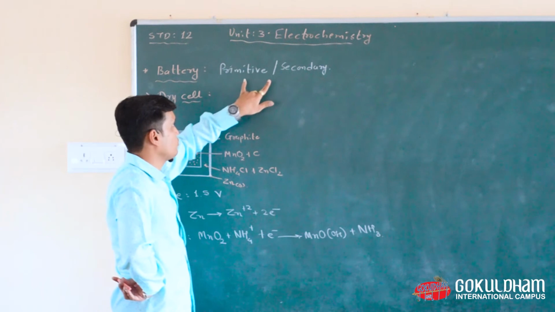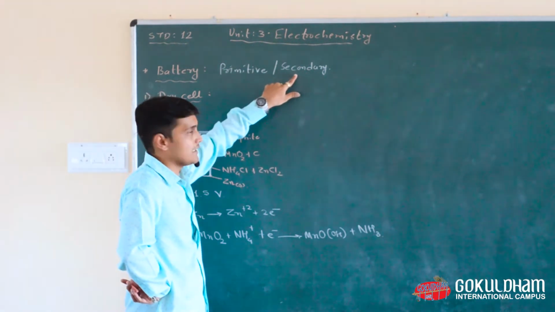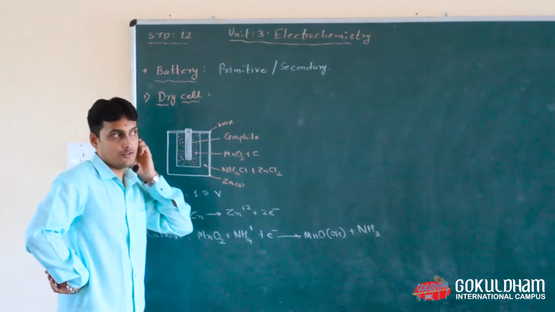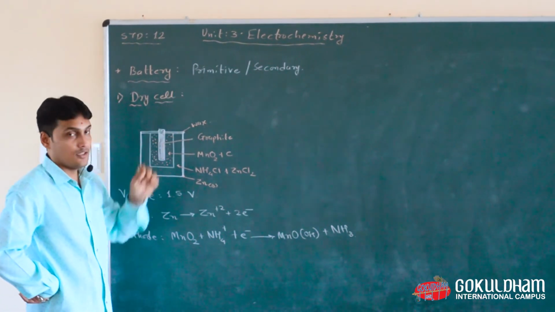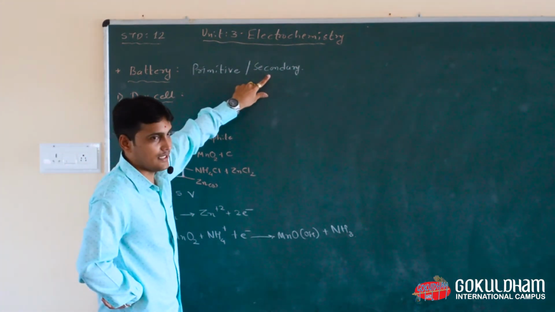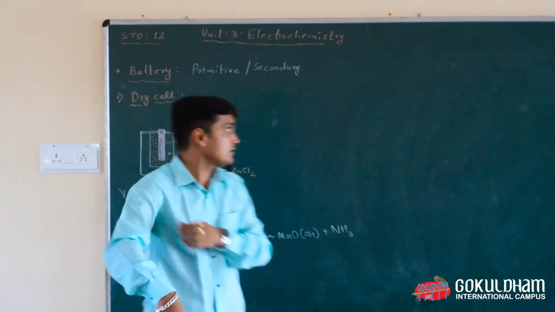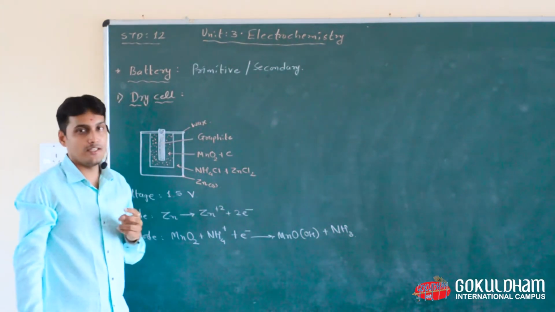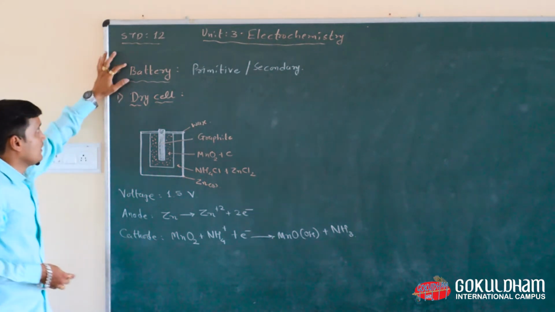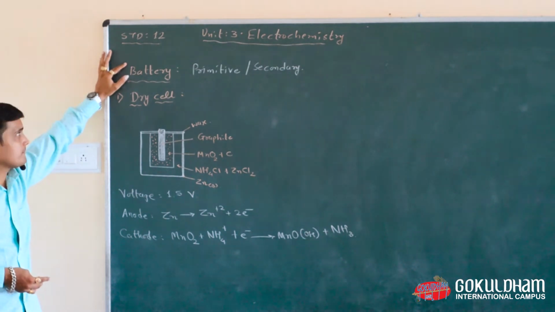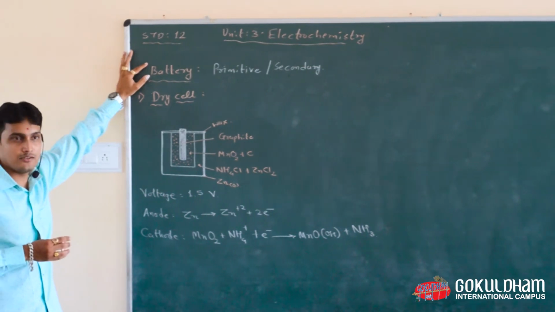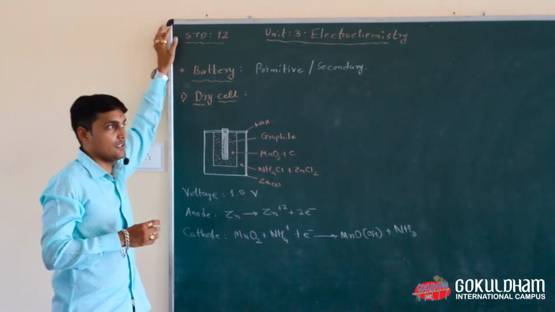Now in the further topic, there is the battery. Batteries consist of two types, one is the primary cell and the second one is the secondary cell. A primary cell means you can use that battery once; you cannot reuse it. In secondary batteries, you can recharge them and reuse them after the reaction is done. A battery consists of a one-time chemical reaction, and after the completion of the chemical reaction, the cell goes dead.